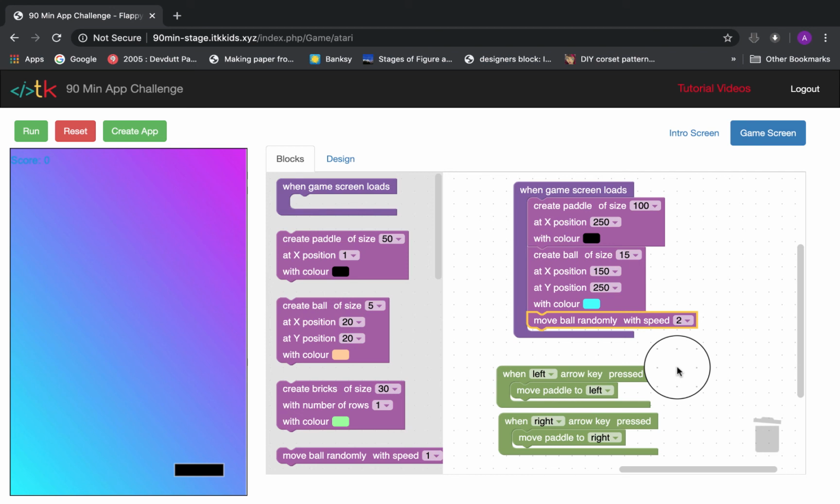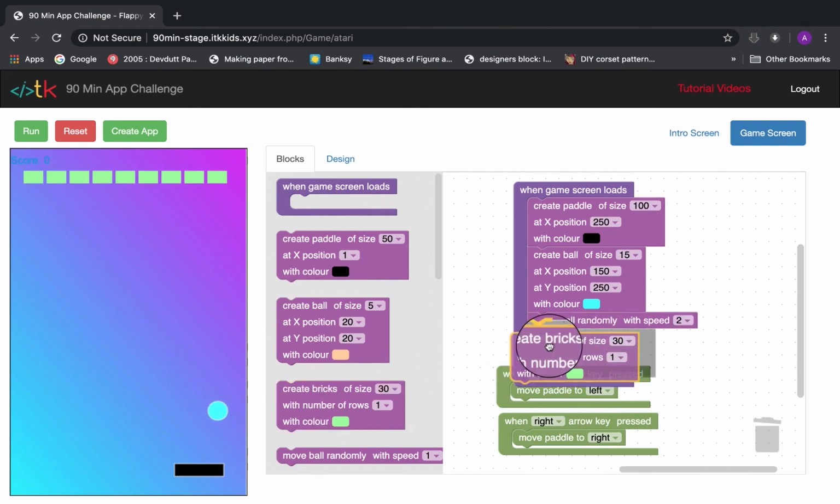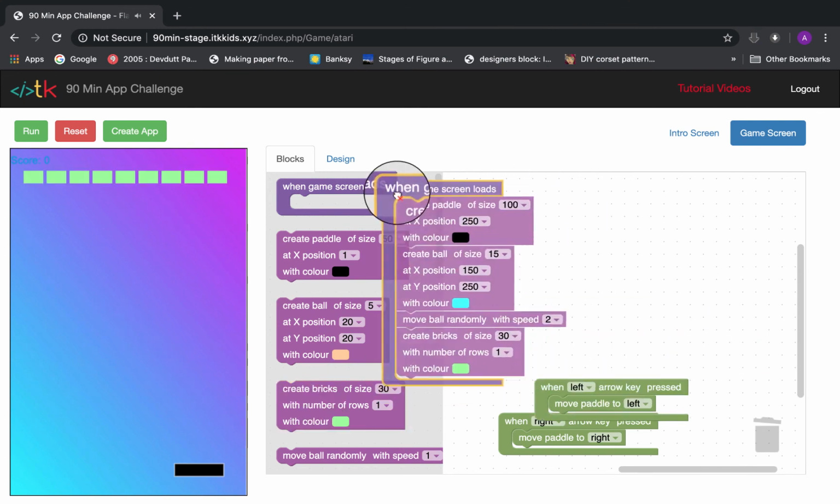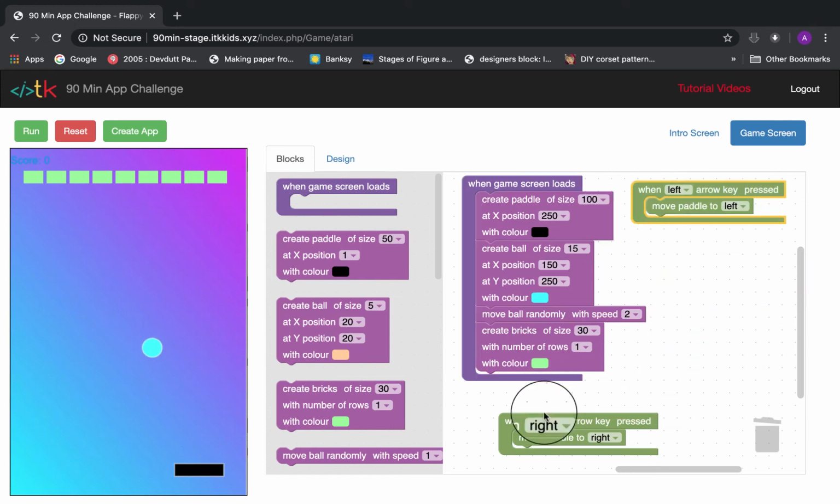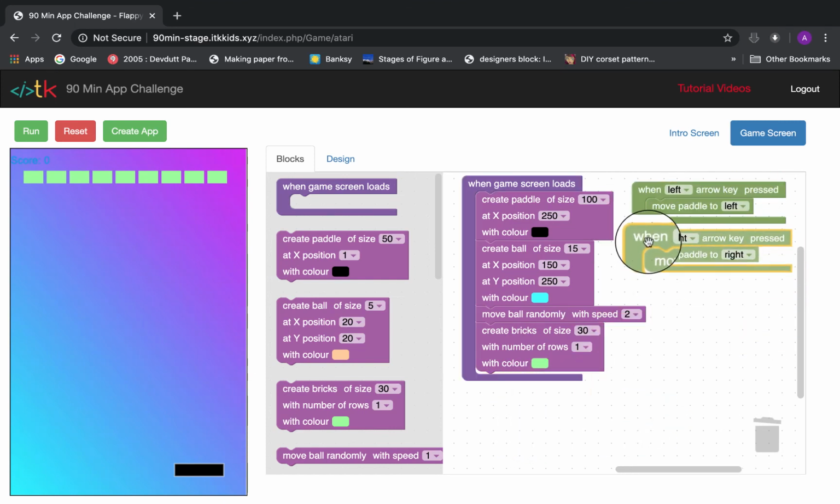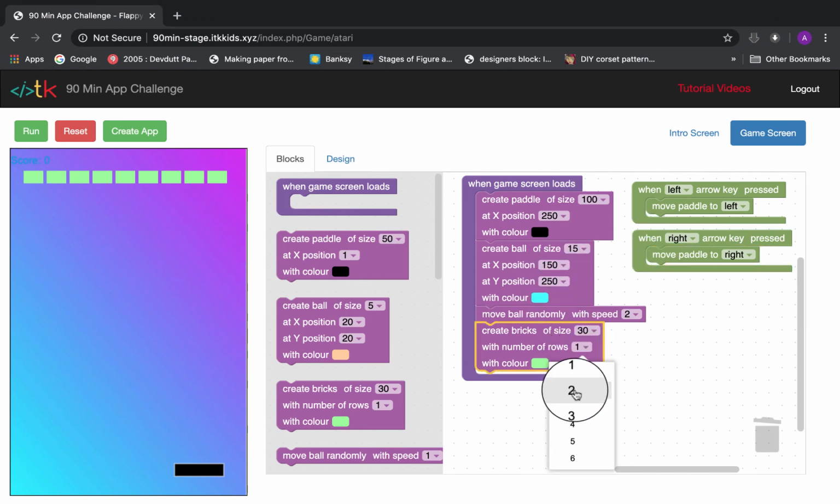The final element that we must add are the bricks. Look for the option that says create bricks of size and put it inside when game screen loads. Again, it has become a little cluttered, so just move the blocks around such that you have space to work. Now change the number of rows and columns based on your preference. I think I'm going to keep it as 5,